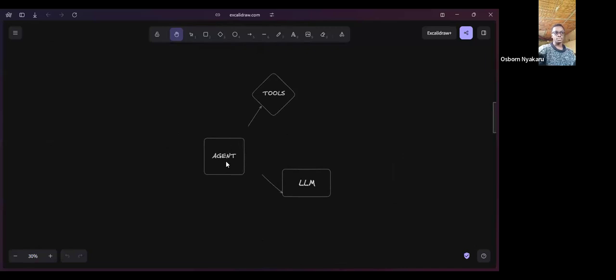So an agent is a piece of code written, connecting it to an LLM gives it capabilities to reason, the intelligence itself, and the tools provide it with access to affecting changes outside the world, outside the external environment. And that's what an agentic system does.